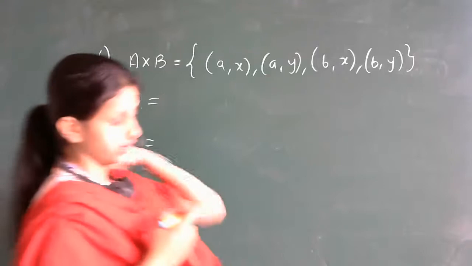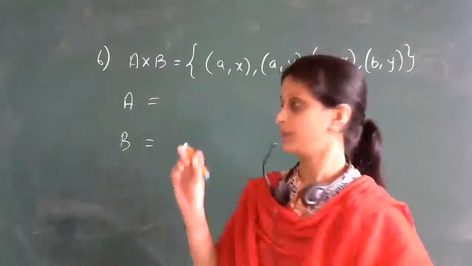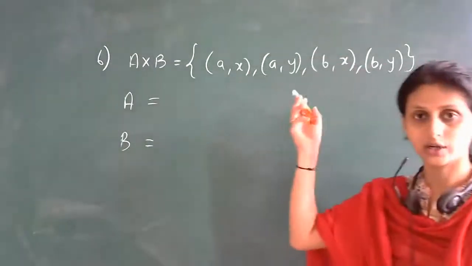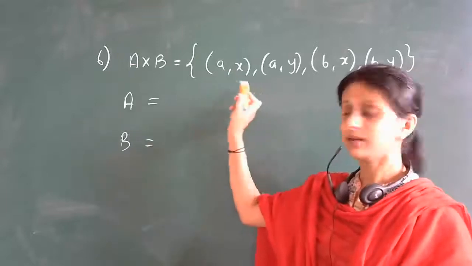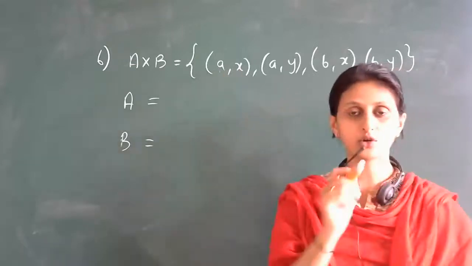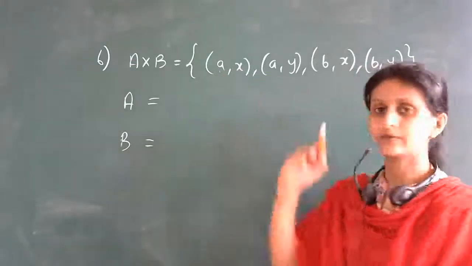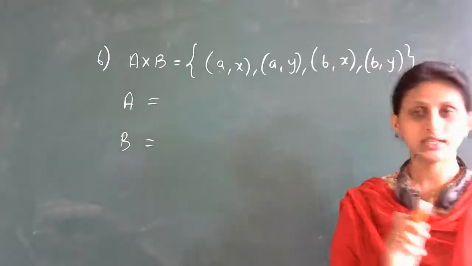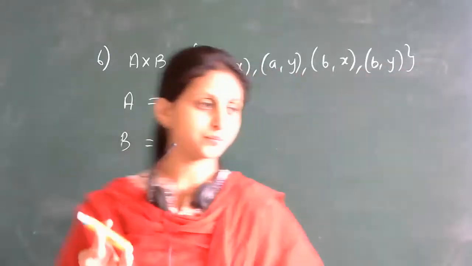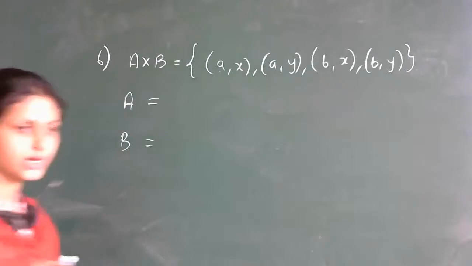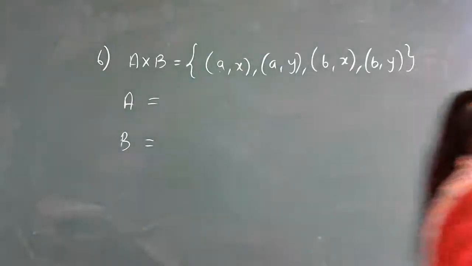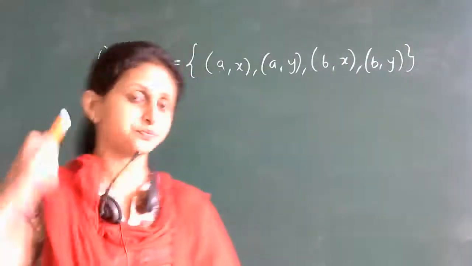I told you, in the Cartesian product we will be having ordered pairs. Yes, of course we are having ordered pairs. And in each ordered pair, first element will always belong to the first set and second element will always belong to the second set. These are clear, right? Very good, Mariam. Right answer. These things were clear, right?